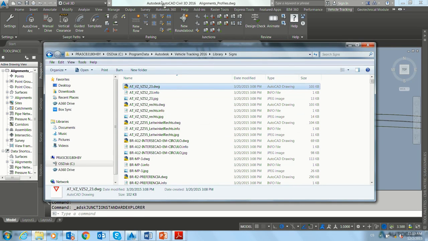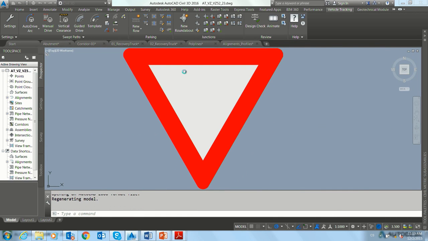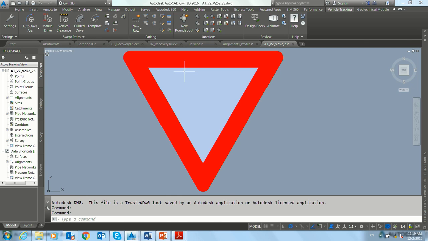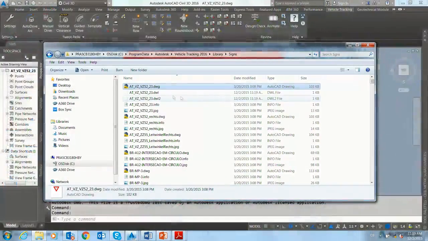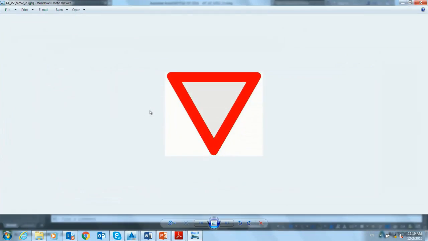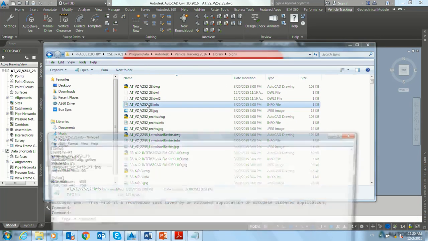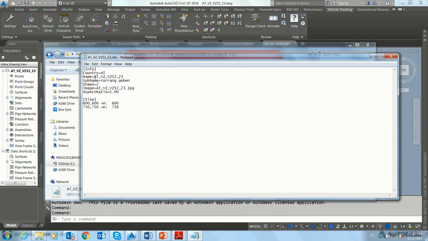So basically, I will just grab one of these. It is just a sign like this. You can make this DWG file in feet, in millimeters, in meters, it doesn't matter. What is important is the aspect ratio, basically width and height. Then out of it you also create a JPEG file in the same directory. And then you also have to have an info file, which is an ASCII file,